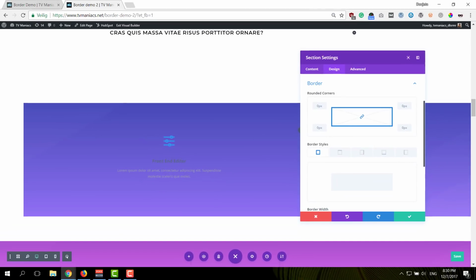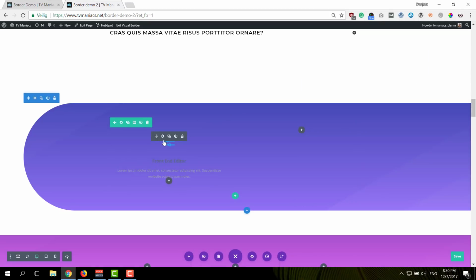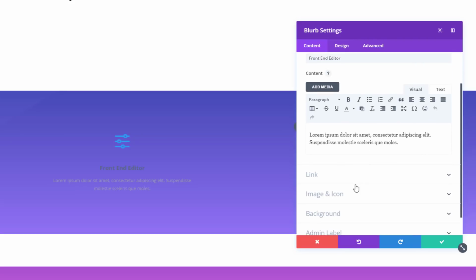So then you can open the border subcategory, and then you can add 240 pixels to the left top corner and 240 pixels to the bottom left corner as well, and leave the other two at 0. So now we'll change the blurb module